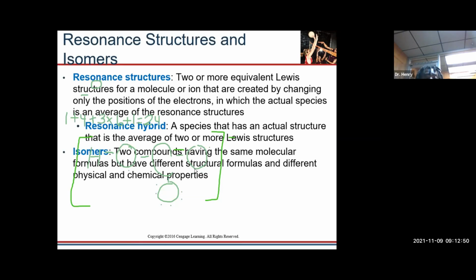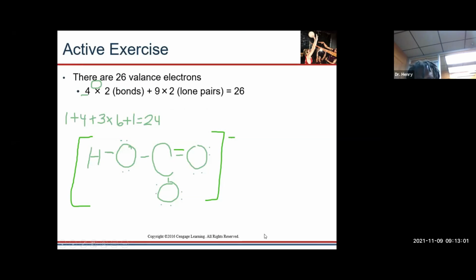Okay, so this kind of brings us to what we call a resonance structure. So you see this guy that we've just drawn? I'm going to actually go back so we can see my screen. Okay, so a resonance structure is a structure where the electrons are basically moving from one atom to another atom that is exactly the same. So for instance, the resonance structure for this guy would be